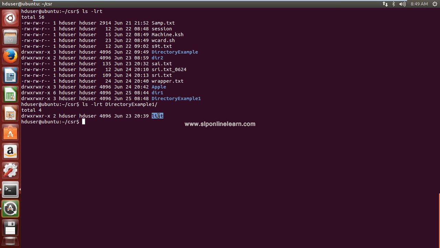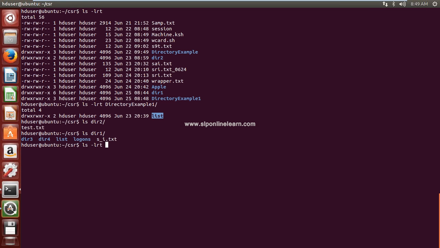Next we will check with a non-empty directory. So we'll check what is there in this dir2. There is a file, so this is not an empty directory. We'll try to move a directory which has files and subdirectories. So we'll search for another one: ls dir1. Yes, here some files and directories are there.